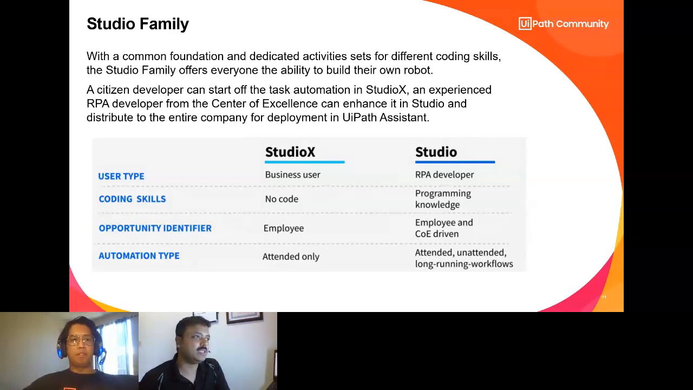Maybe these days PowerPoint is also used a lot for showing process flows. So, as long as you have that understanding, I think you will be very comfortable using Studio X, and that's really powerful in terms of how we can use it. And focus areas, like how we deploy it. So Studio X automations are primarily attended automation that you deploy on your own laptop,